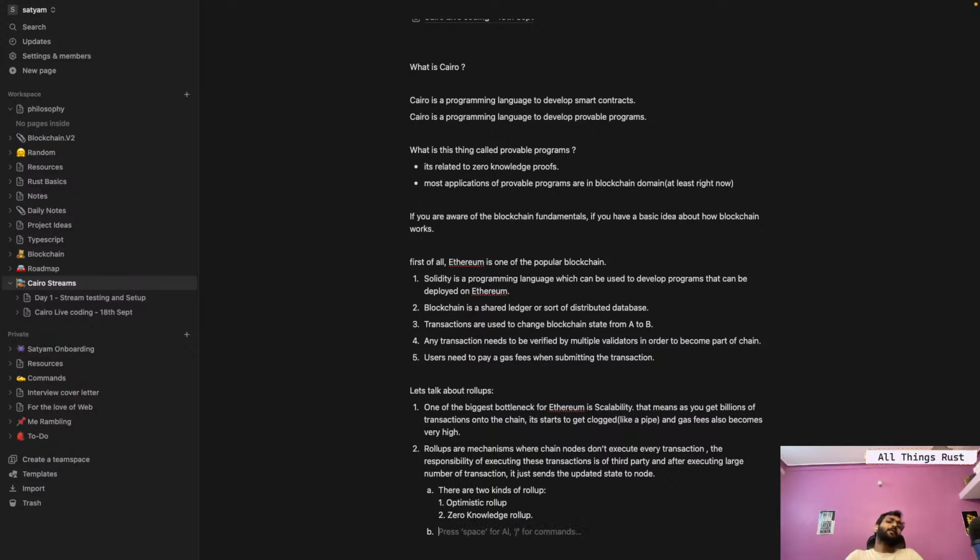Optimistic rollup is where some other party takes 10,000 transactions, executes all of them, generates the resulting state, and sends this state to the main chain.